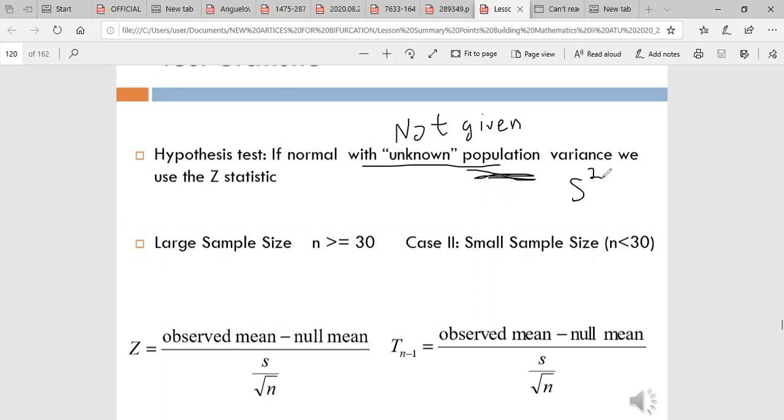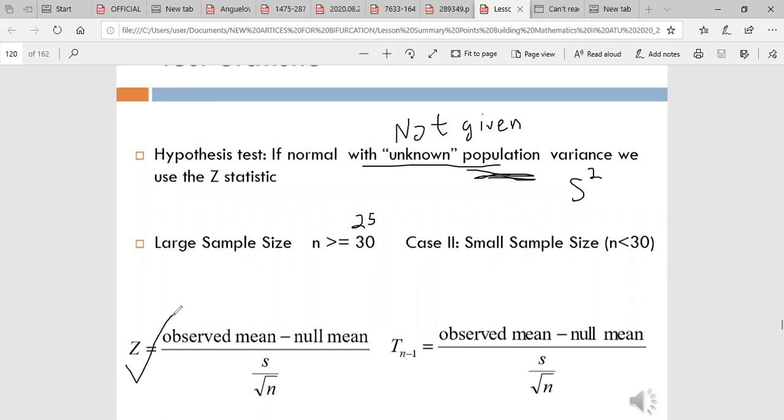But we need to ask ourselves two questions to determine whether to use Z or to use T. The first question is whether the sample size, because you are using the sample to find your S, is greater than 25. Let's use 25. So if the sample size is greater than 25, then you will still make use of your Z,